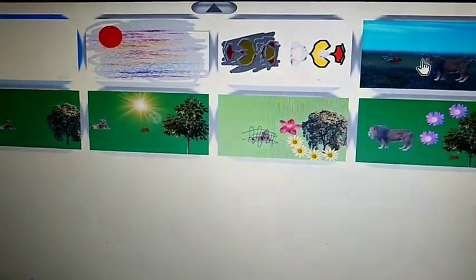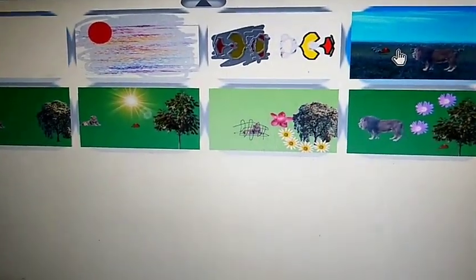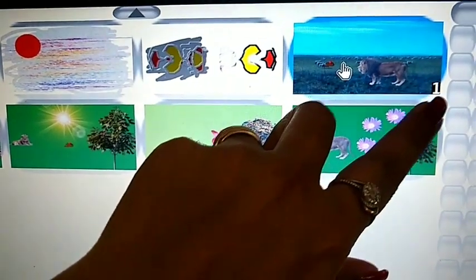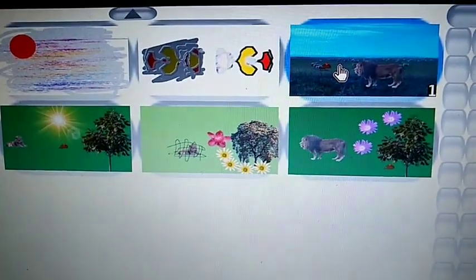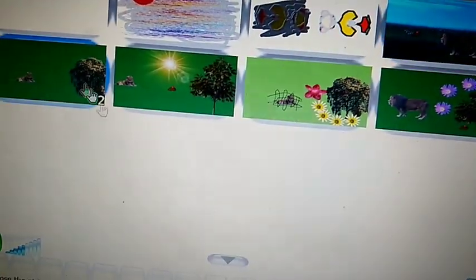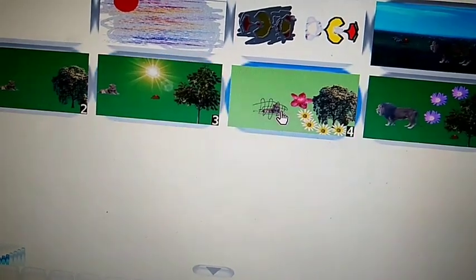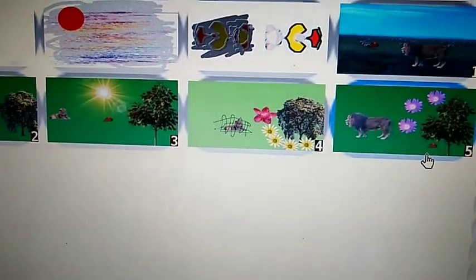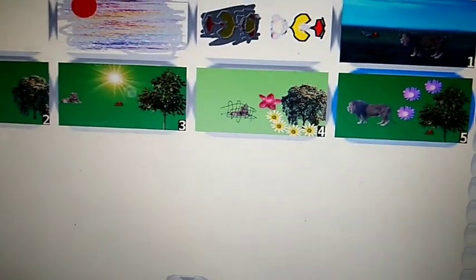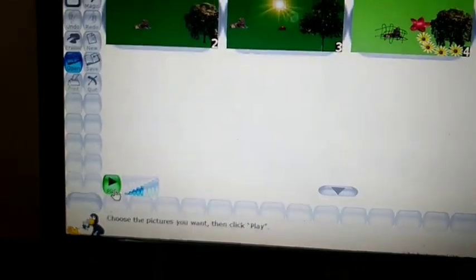Like this is your first one, so click on this and you can see here number 1 is written. This is the first one. How many slides you will choose? Like this number will come, second one, third one, fourth, fifth. So 5 scenes you have created, 5 slides you have chosen. Now click on this button, play button. This will play your slides like this, play button, see.